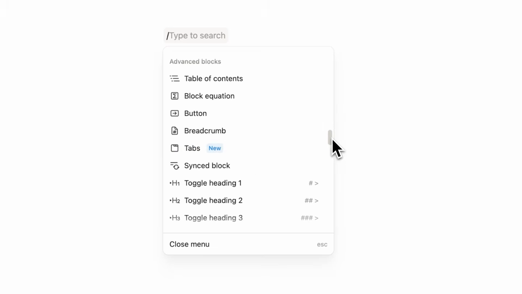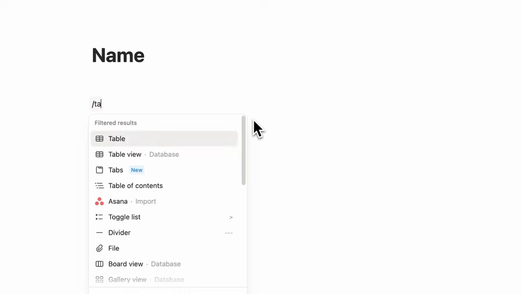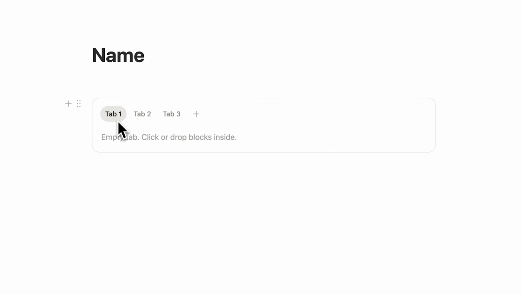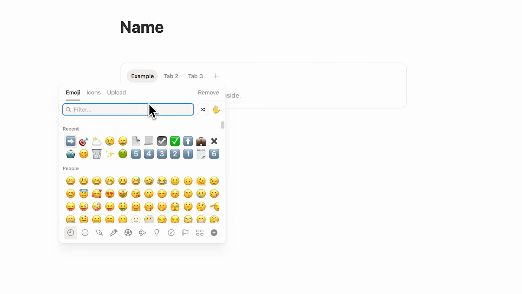Now, you don't have to scroll down every single time to access that. You can simply start typing, and here you see tabs. And then by default, you'll have tab 1, tab 2, and tab 3. Now, you can, of course, right-click to rename these, and you can also give them an icon. So I'll just call this example, and let's give it an icon